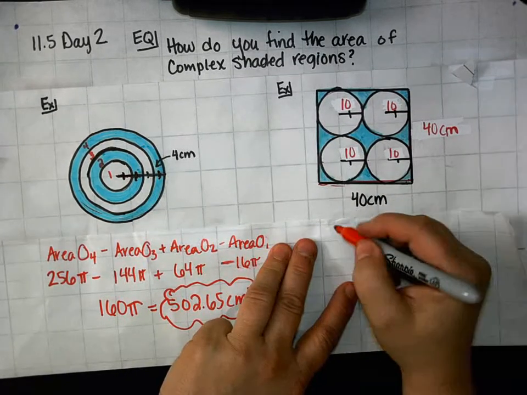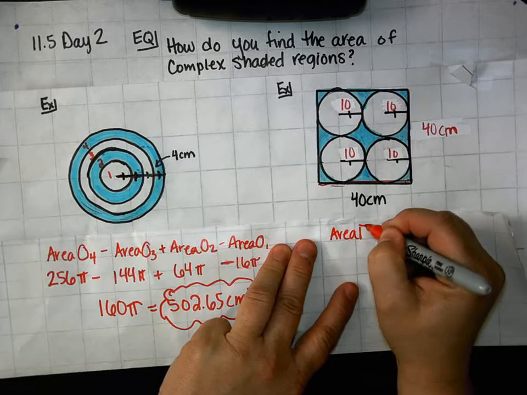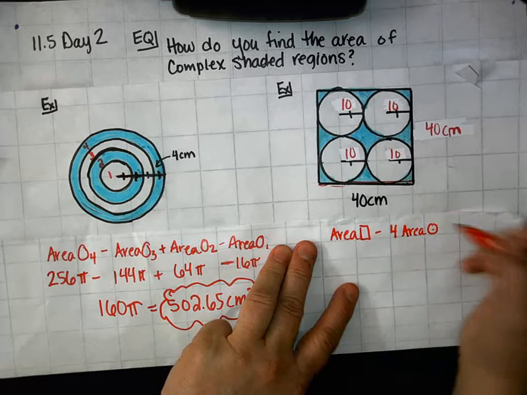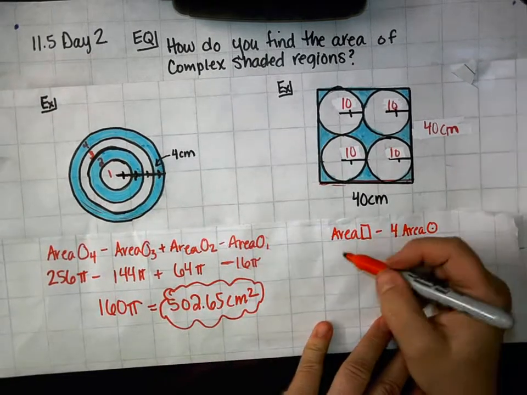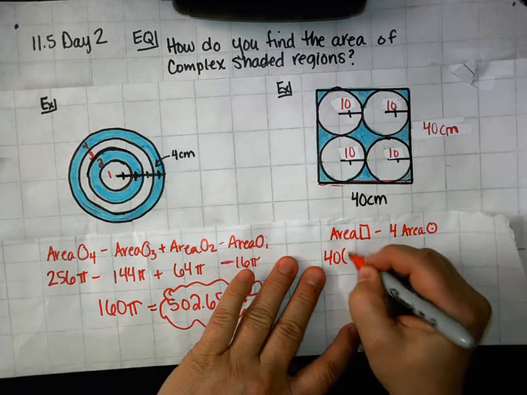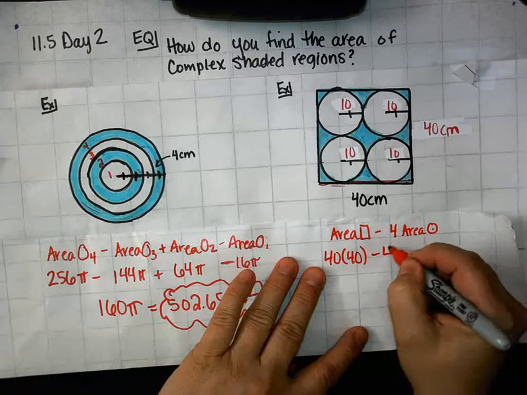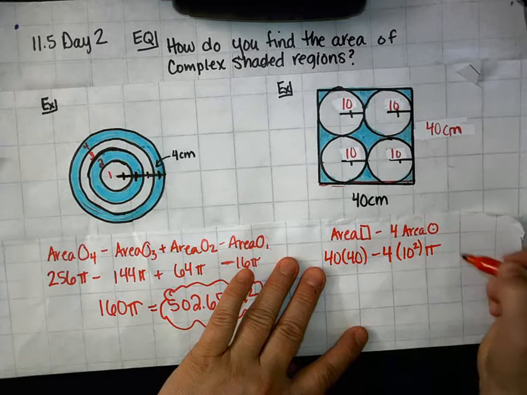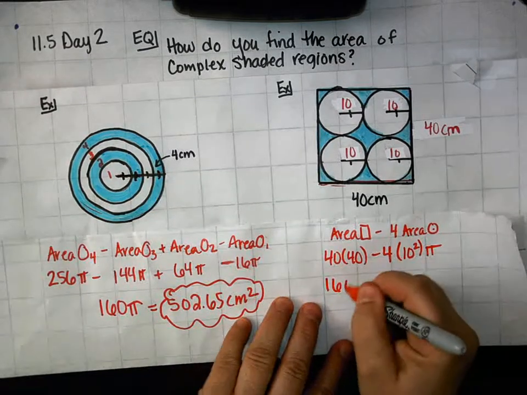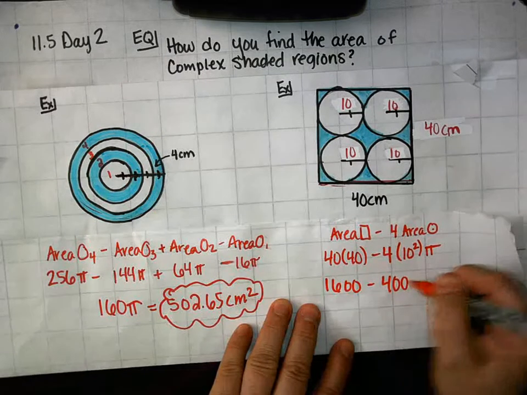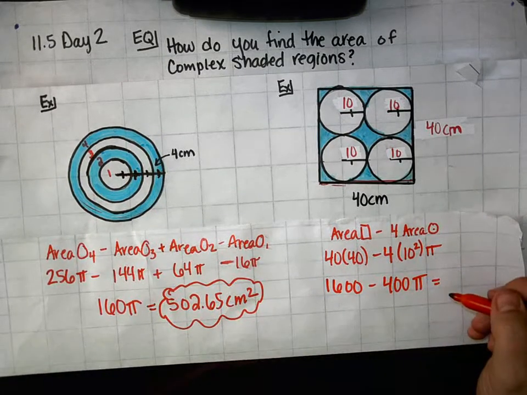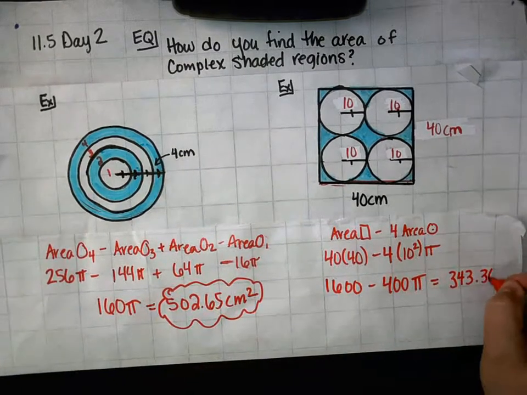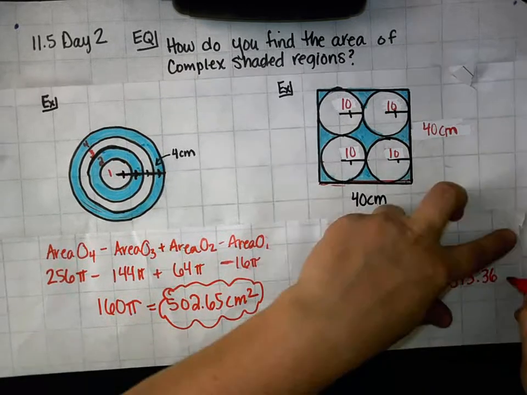So my plan of attack here would be to find the area of the square and then subtract 4 times the area of one circle, because there are 4 circles that are congruent. The area of the square is quite easy at 40 times 40, and I'm going to do 4 times the radius squared times pi. So this is 1600 minus 400 pi. And when I plug that into my calculator, I get 343.36 centimeters